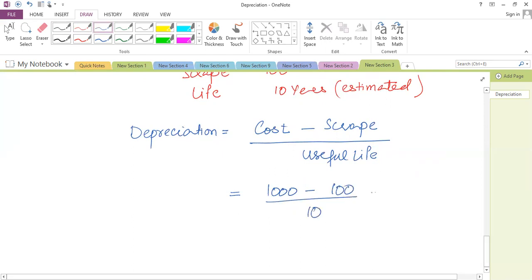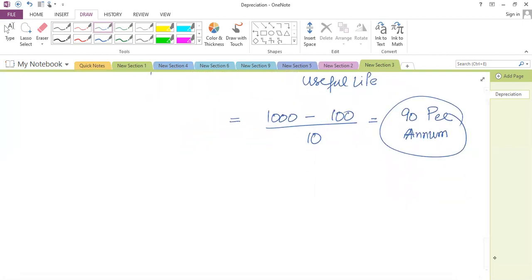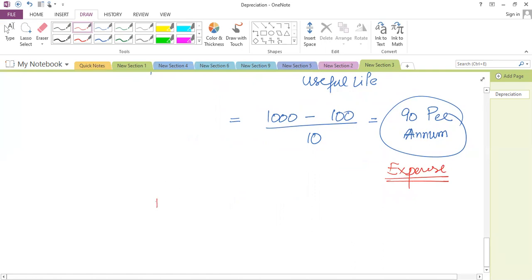So it's 90 per annum. So this is annual depreciation. If estimates will remain the same, then we will recognize 90 per annum as depreciation expense. Depreciation is normally an expense, so it is to be accounted for as depreciation expense, debit in profit and loss account,